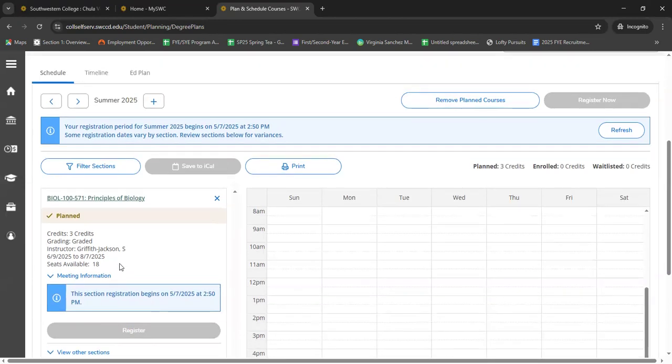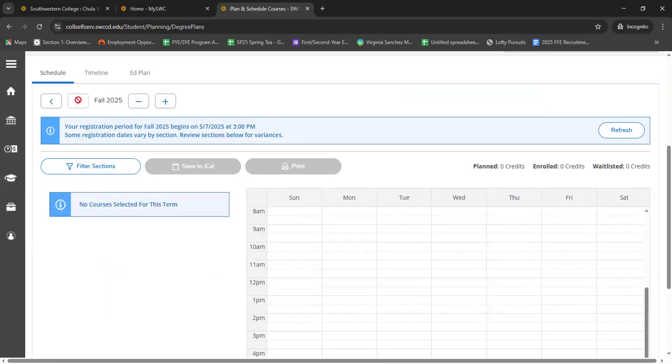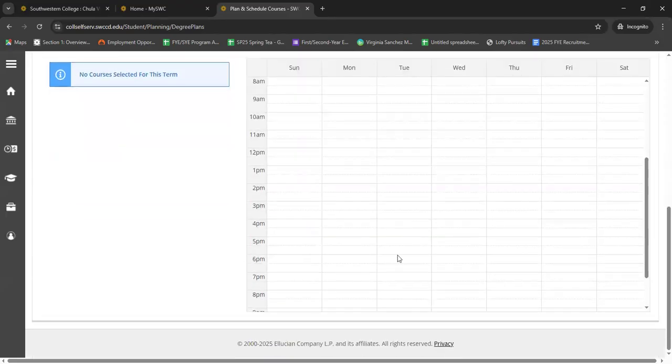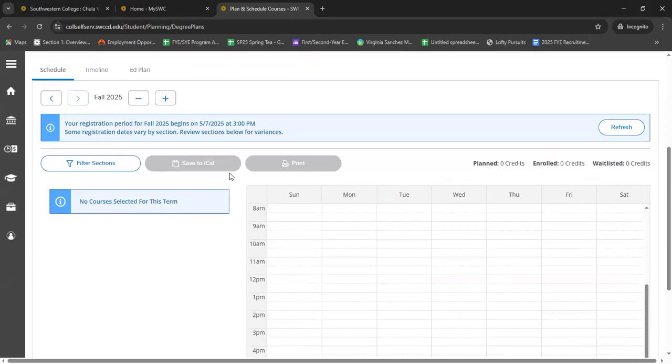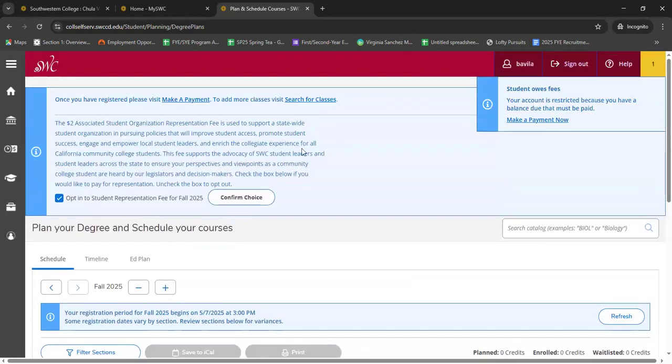If you have more than one class, you can also click the Register Now button up here. That will also be blue once the day and time arrives, and it will register all of the classes simultaneously. Now we can also go up to the right arrow to click, and we can see Fall 2025. Right now I have nothing scheduled here, so it's blank, but you can scroll up to the top. You can click Search for Classes,